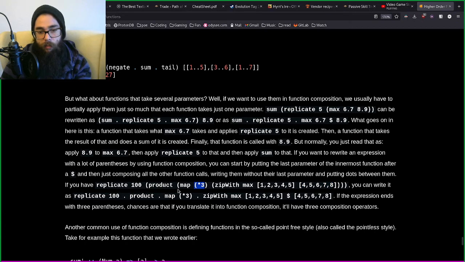Then we're going to map. All right, we're going to multiply by 3 on all of them, on this list, right? Because it's just this list. Pretty much. Wait, zipWith? Does that create tuples? I don't remember. No. Right, we map that to... We only get one list, I'm pretty sure. Then we take the product of